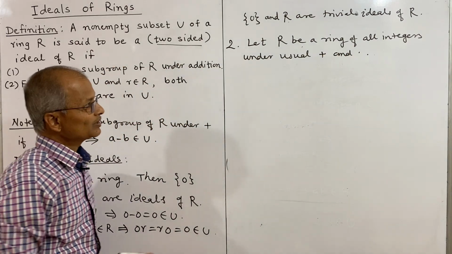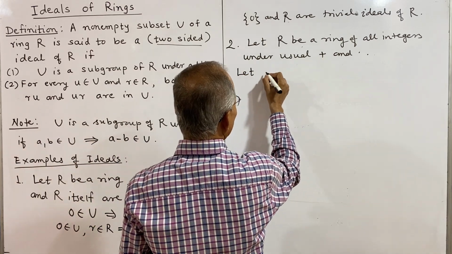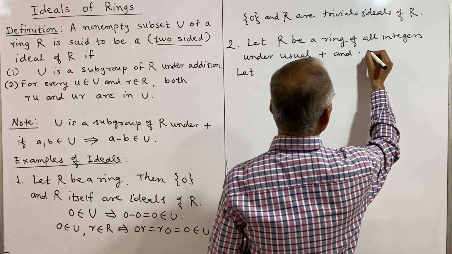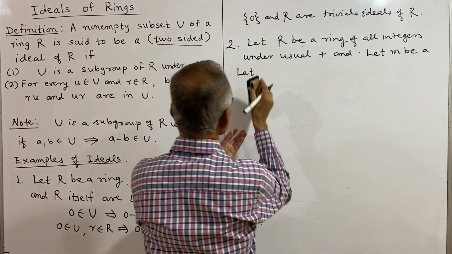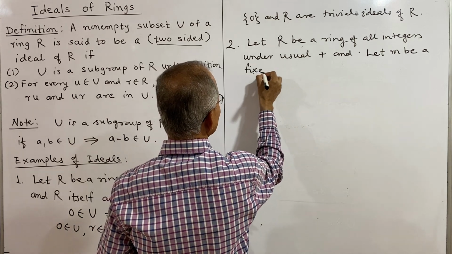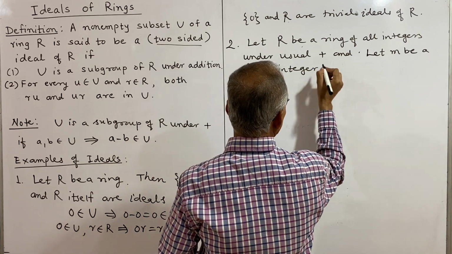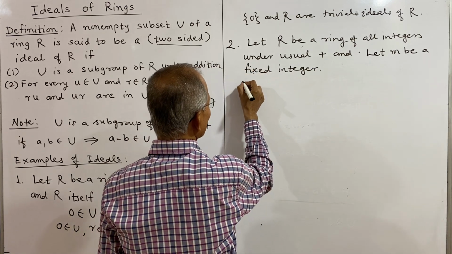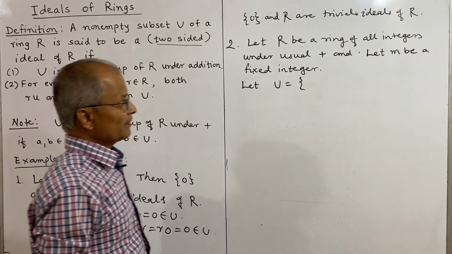And further we shall form a set U. Before considering the set U, let m be a fixed integer. And now we will define U as U is equal to, say, rm,